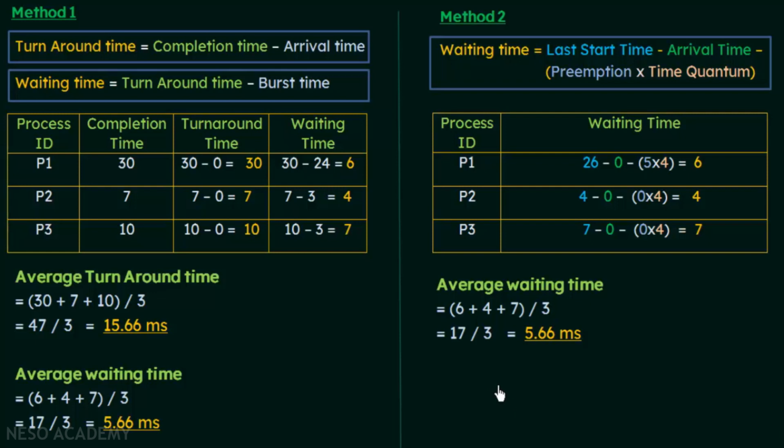So form the Gantt chart carefully and apply these formulas and you can easily calculate it. And also we see that in this round robin scheduling, the waiting times may be a little longer as compared to other algorithms, because this algorithm is mainly used for time sharing systems. And we have to carefully define the time quantum, because if the time quantum is too long, this round robin scheduling will become like a first come first serve scheduling, and it is not useful. And if the time quantum is too short, then there will be too many context switches happening. So we have to strike a balance between the two in order to maintain the